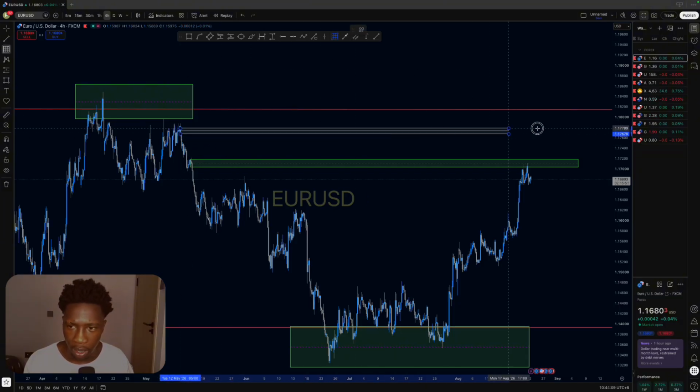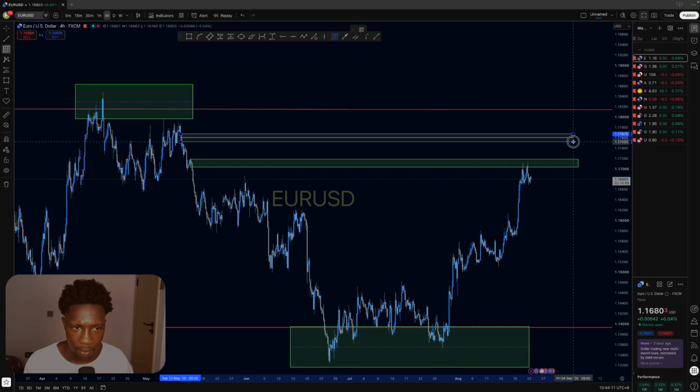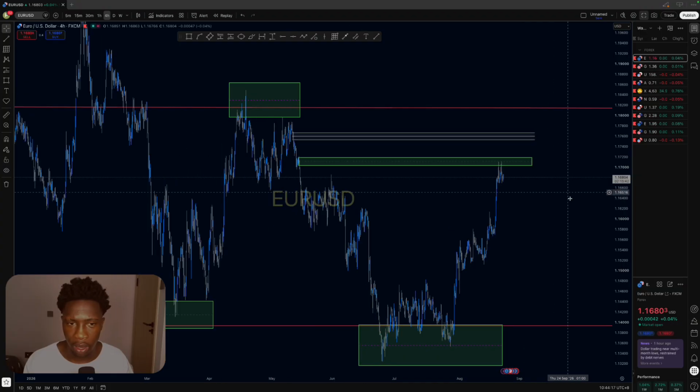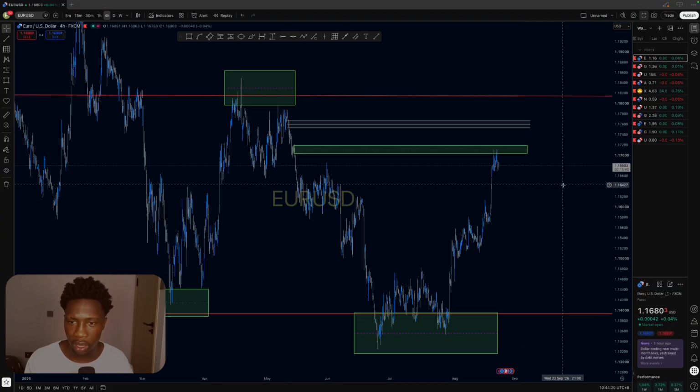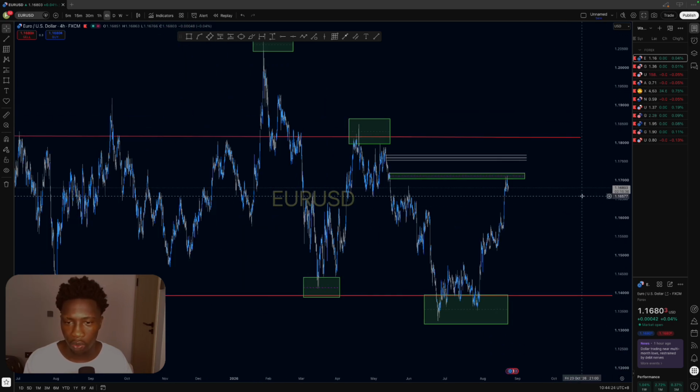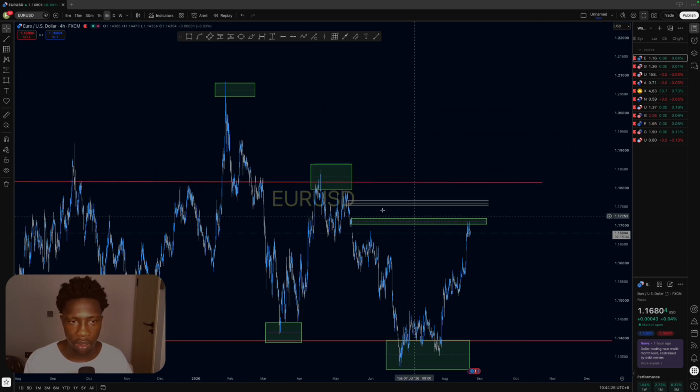We have a supply level here. So this is the supply zone that I think the market wants to hit before moving to the downside,